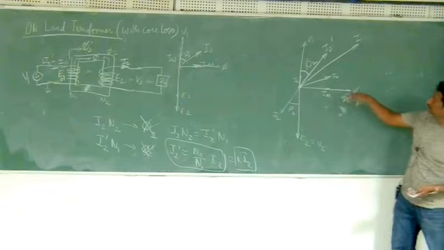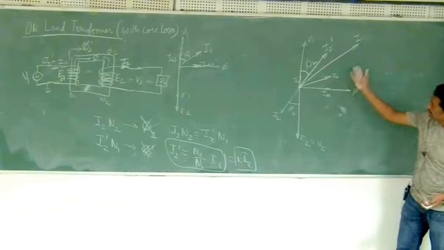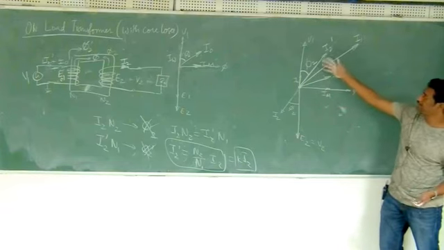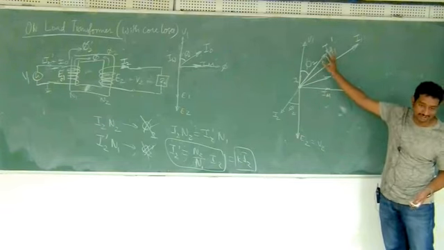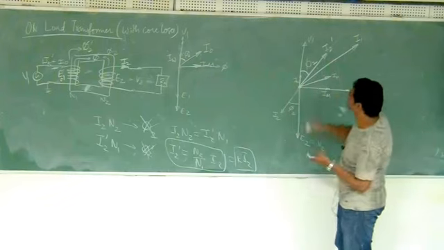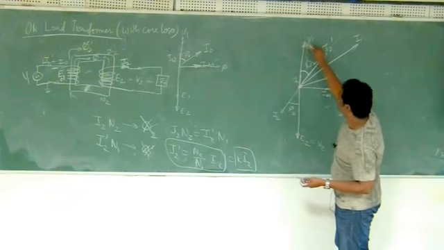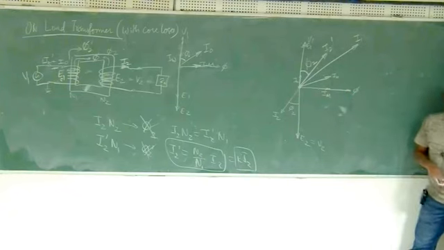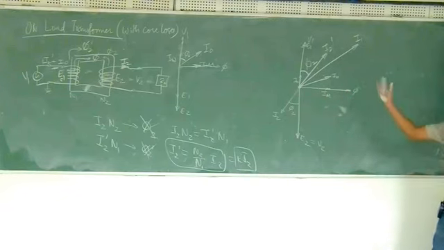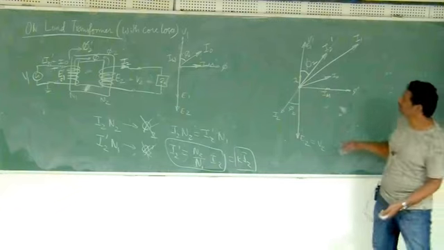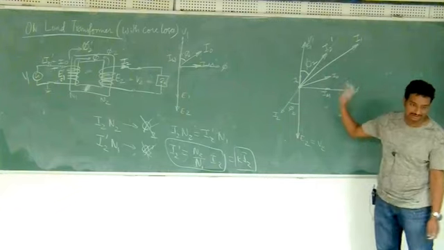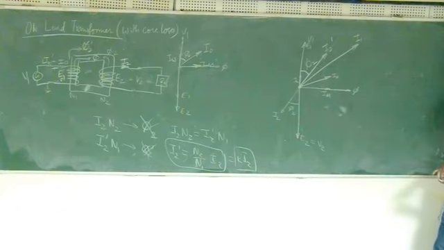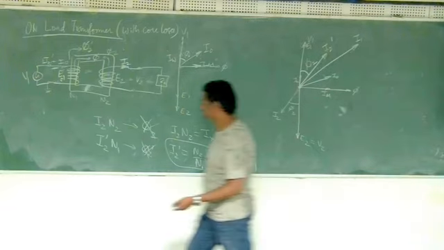Now because I am taking I1 that side, and keeping all the primary quantities on one side, I can now assume that E1 is this side. So V1 and E1 both are equal, so this will come like that. Just for locating it like that. Otherwise, you have to consider I2 this side and all that. So that is the story for taking this.